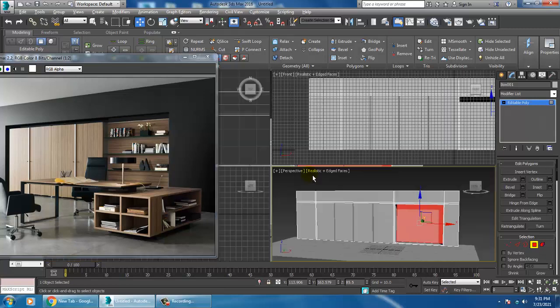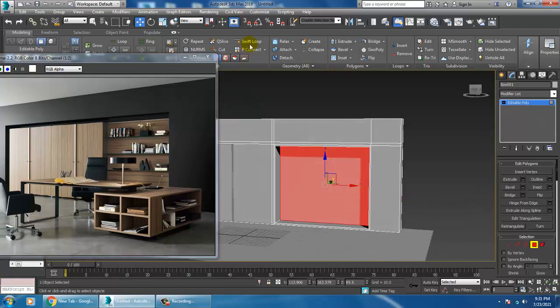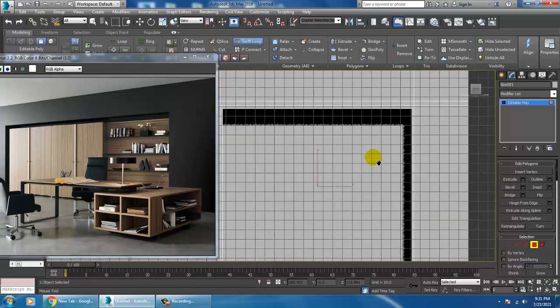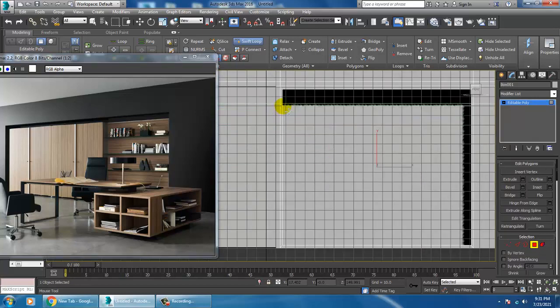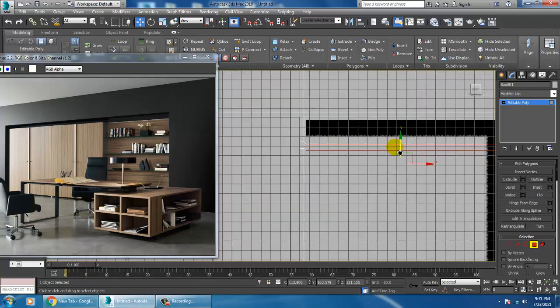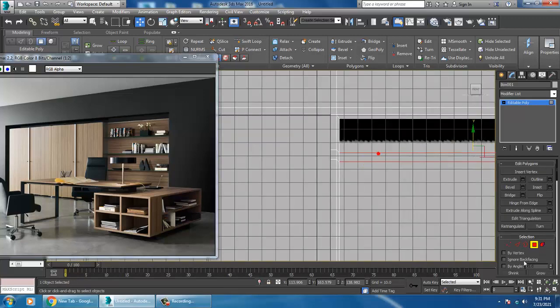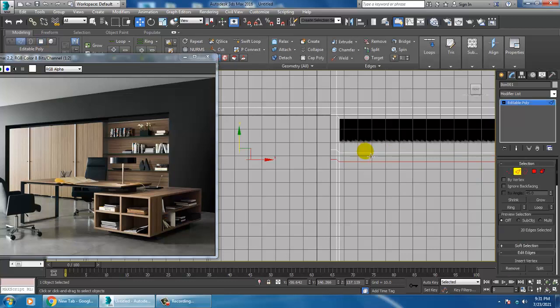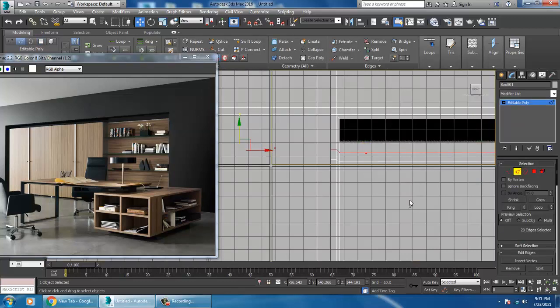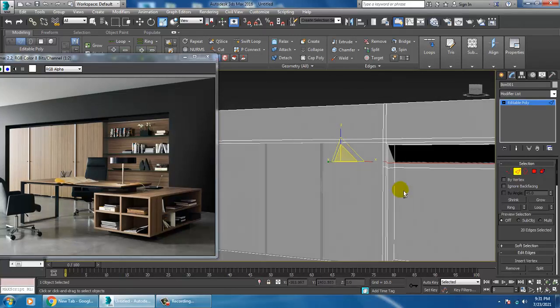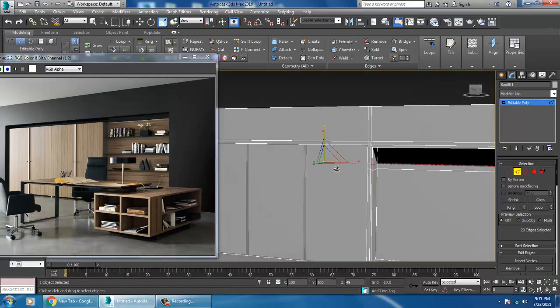Once you're done, I'll put some swift loops over here. Let's put one swift loop over here, one over here. Select the edges, just scale that.